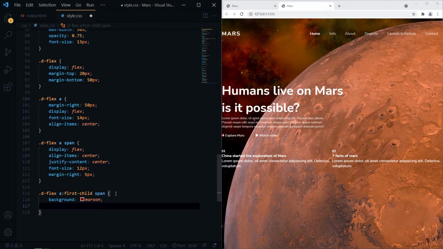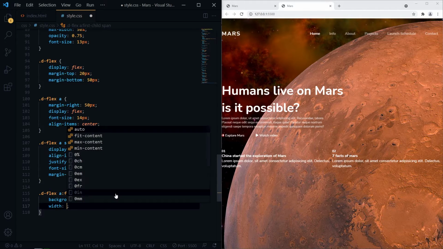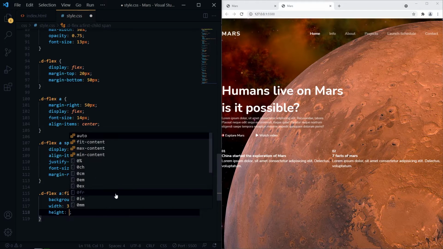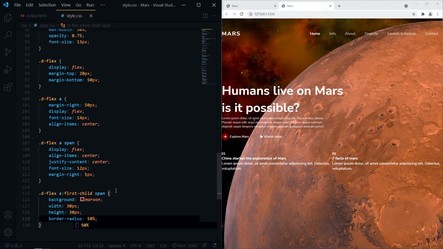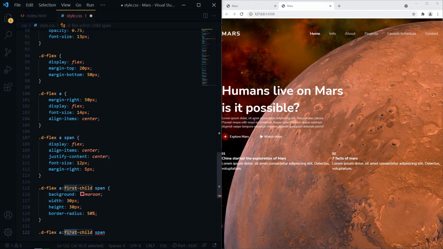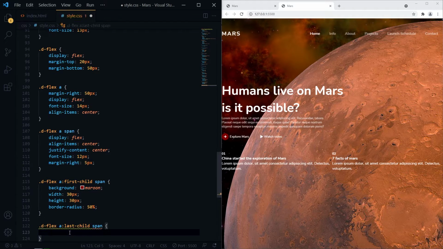Next, we need to give some width, height, and border radius. Now for the last icon, we need to give a round border, some height, width, and border radius.